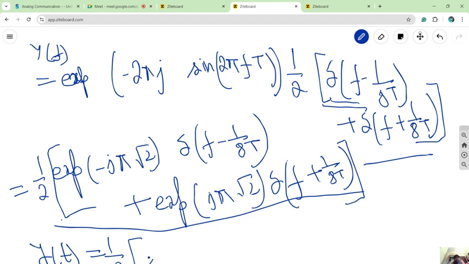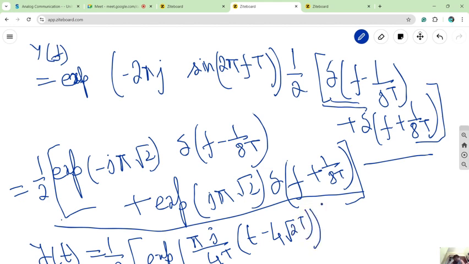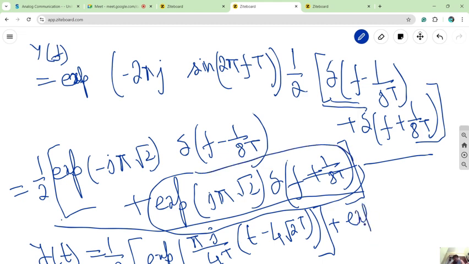This will be exponential of pi j by 40, that having a phase shift of t minus 4 square root of t by 2, plus for this one, exponential of pi j by 4t, the t plus 4 by,